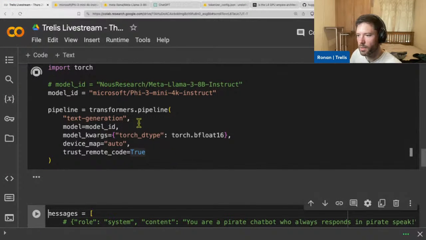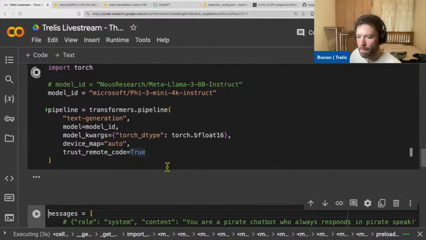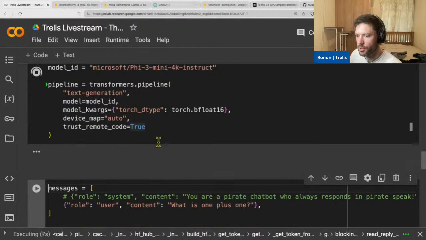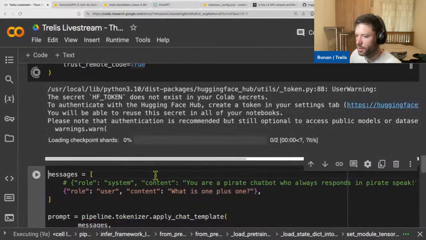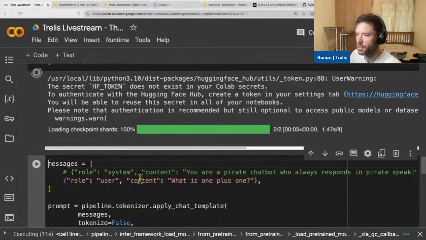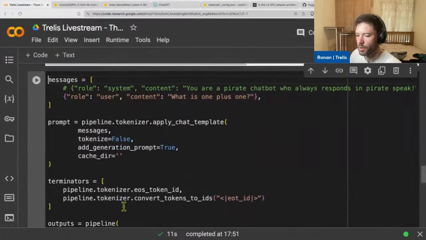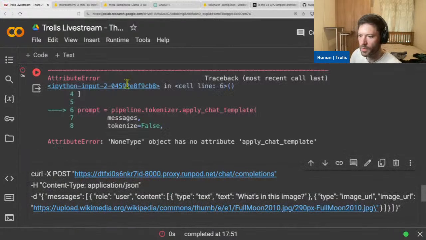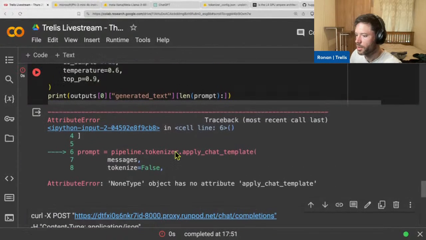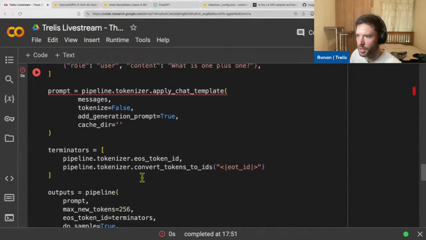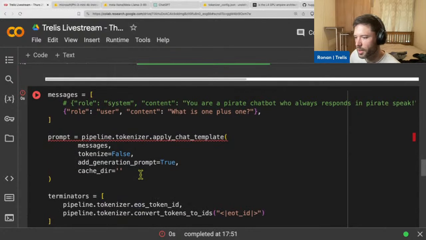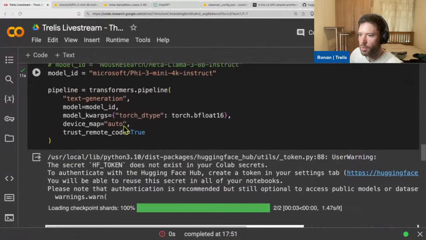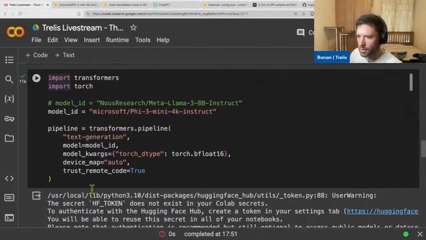Now we'll load the model. And then we'll pass through the messages. Okay, loading the shards. It's pretty quick. Loading the messages here. And so it has no attribute apply chat template. And that may well be because